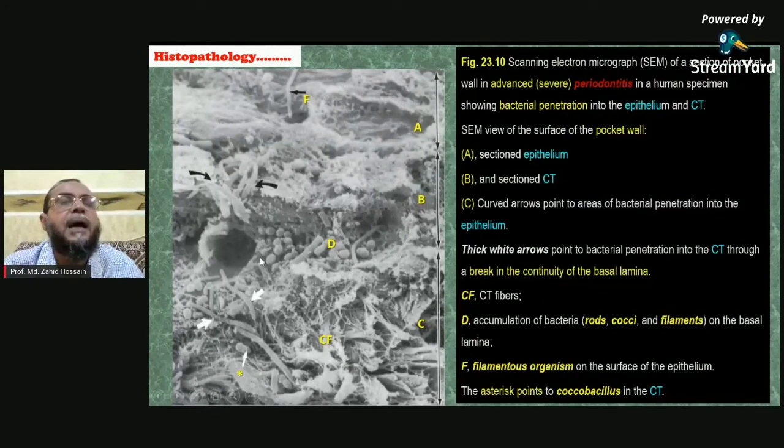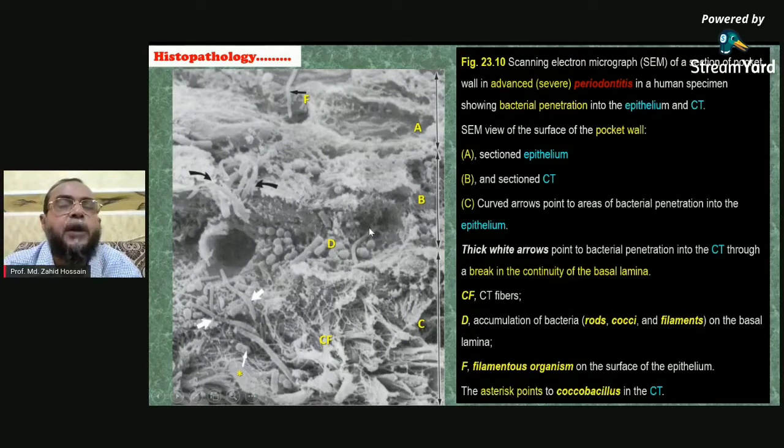You see bacteria entering the tissue. You see the teared up area. This is the teared up area, bacteria entering the tissue. Okay, and the collagen fiber is destroyed. This type of bacteria is coccus. We call it coccoid type of cells, and these are rods. You see dots. These are the rods, and some are helical.